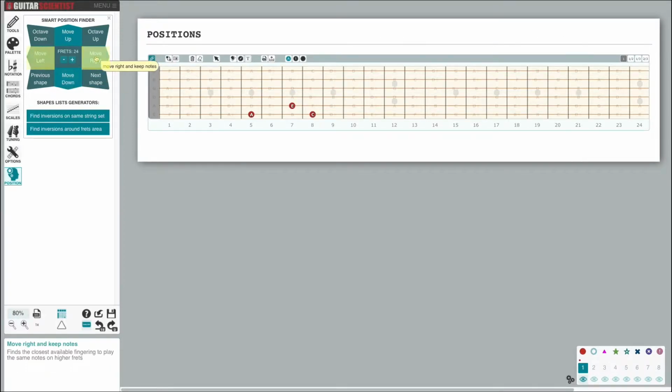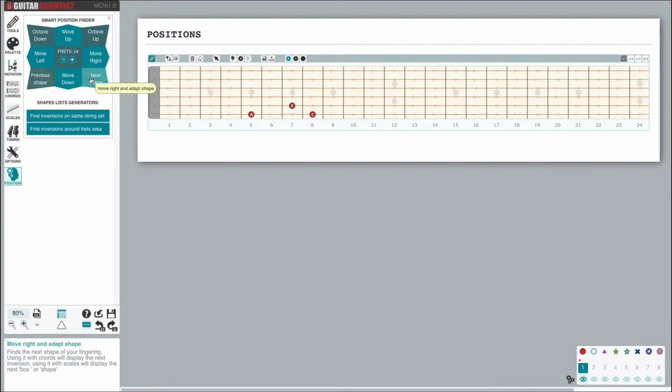The side arrows in the middle do a similar thing. They move the fingerings left and right, playing the exact same notes on the same octave, but finding options that are more toward the end or the beginning of the fretboard. This is not always possible, so sometimes this function can yield no results, unless the string set is changed as well using the other function, so to allow more room for the lateral movement, like in this case.